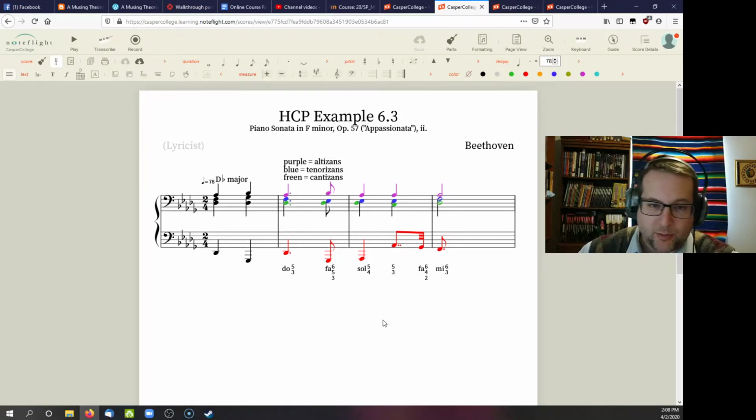In fact, especially when we put in this stepping down sol fa mi, we give this a special name. If you notice what's actually happening here, when we give the bass not sol do, which is our bassizans, but a sol mi or a sol fa mi, we've actually put an altizans in the bass. Here's the boring altizans up top, sol, sol, sol, but the more interesting altizans, sol, fa, mi, is in the bass. So we can refer to this as an alto cadence, because the bass has the altizans line,